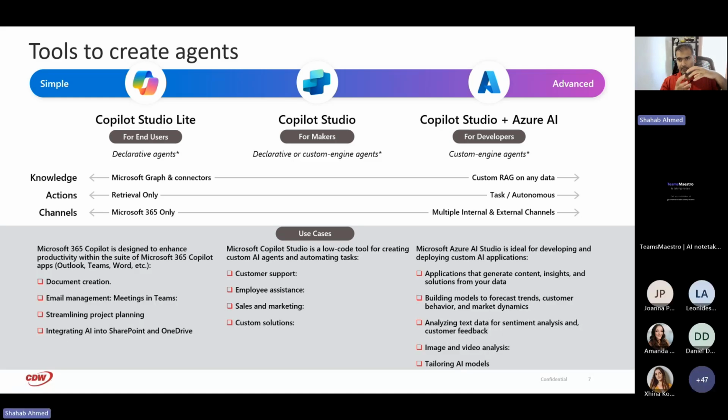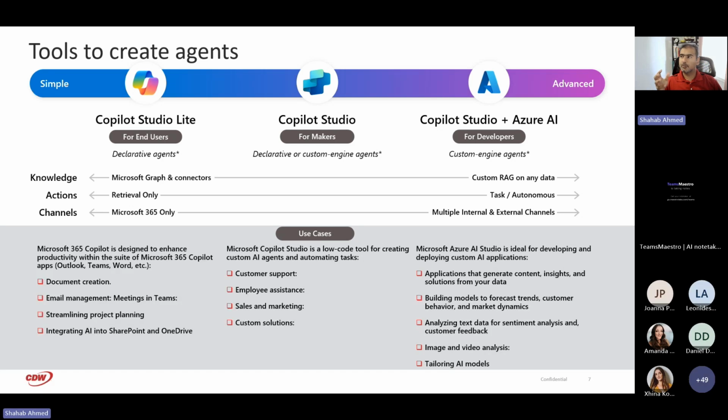Having said that, this is still, and again, Copilot Studio previously, if you understand Microsoft history, comes from Power Virtual Agent. So if you've used Power Virtual Agent, it's kind of the same thing without the generative AI element, right? So that's been kind of thrown in. Now, the Azure AI element, I think, takes it to the next level, right? So all of a sudden now you have a lot more control and a lot more complexity. You have a lot different cost implications.